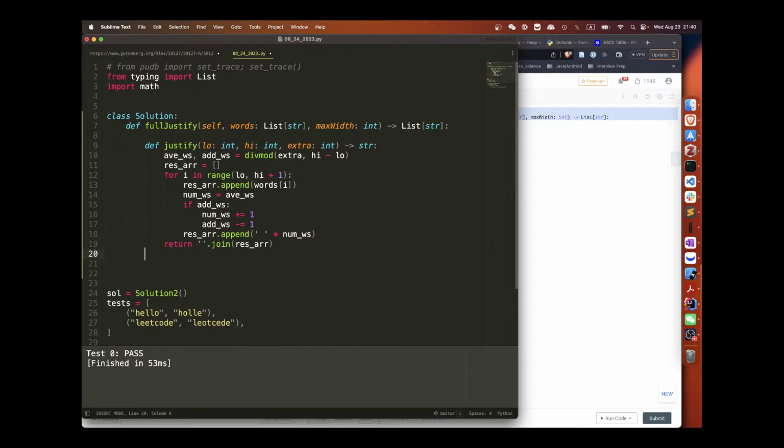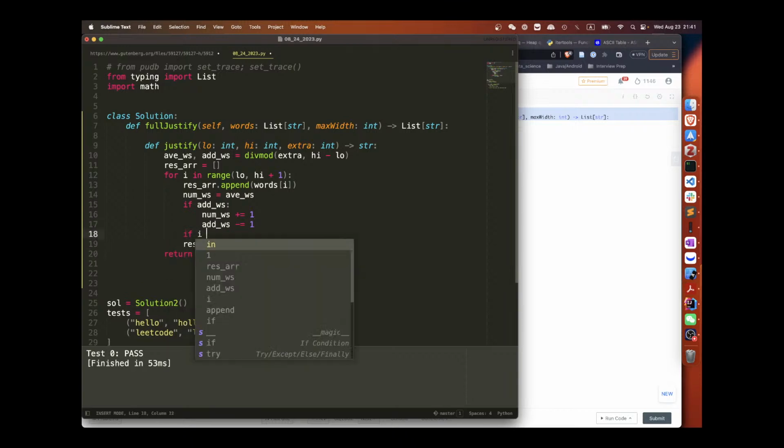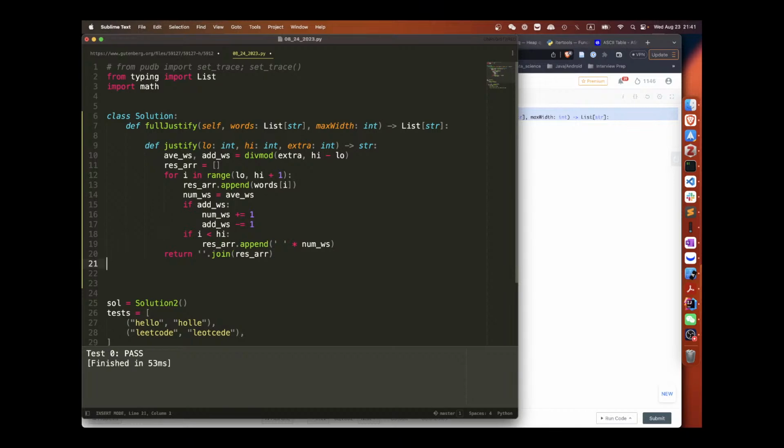Okay, let's justify. Hold on. High if this, and then if i is smaller than high, because the last one we don't need to add the next one. Okay, so now what we're gonna do is go word by word, right?